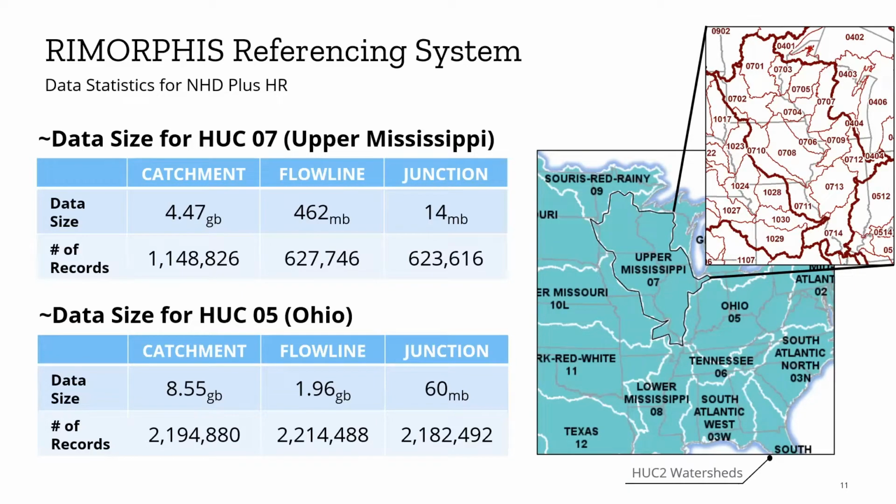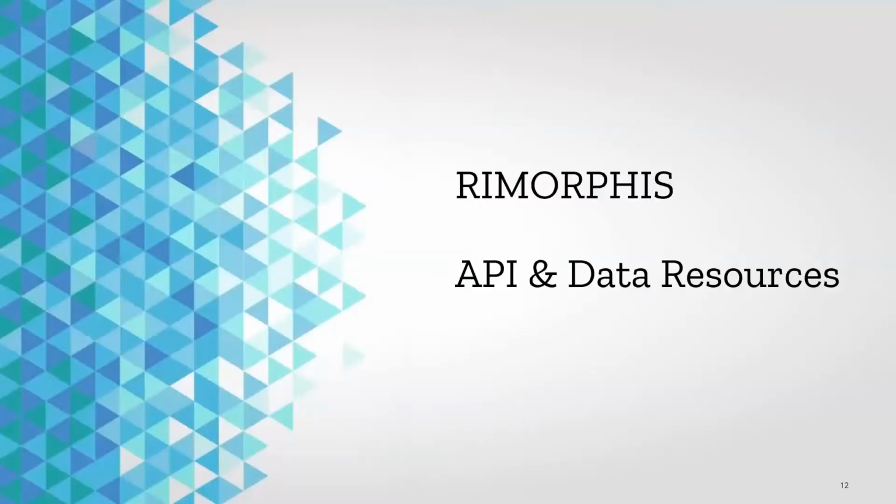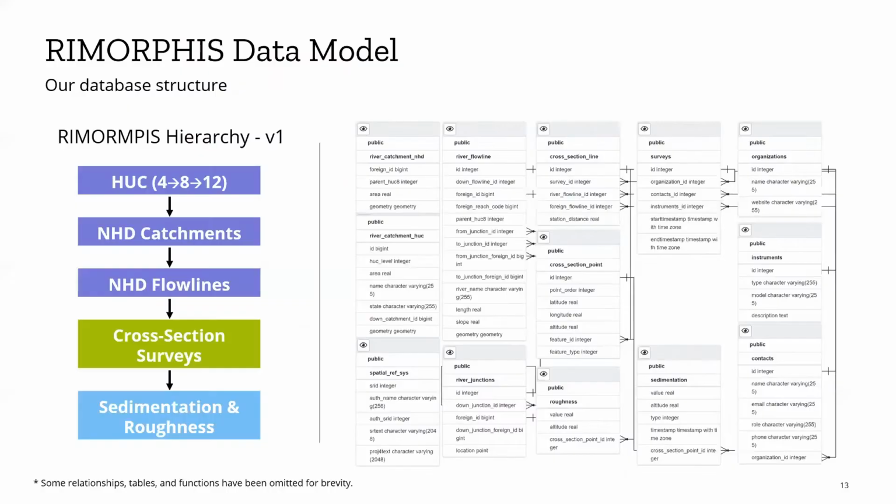as Ohio, we are dealing with 1 to 3 million catchments, as well as 600,000 to 2 million flow lines, and similarly 600,000 to 2 million junctions. And these are all well connected and related to each other. And every data point that you want to access, search, and find will be connected through this hierarchical referencing structure. And on the API and data resources, we define our own custom data model just to be more